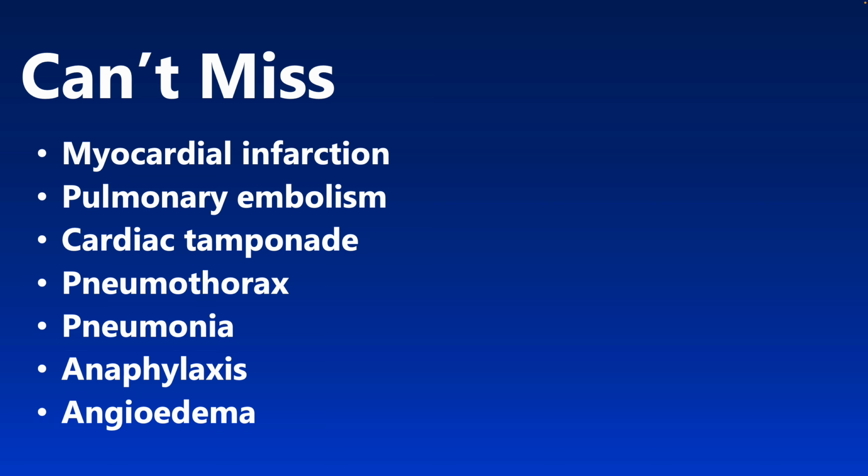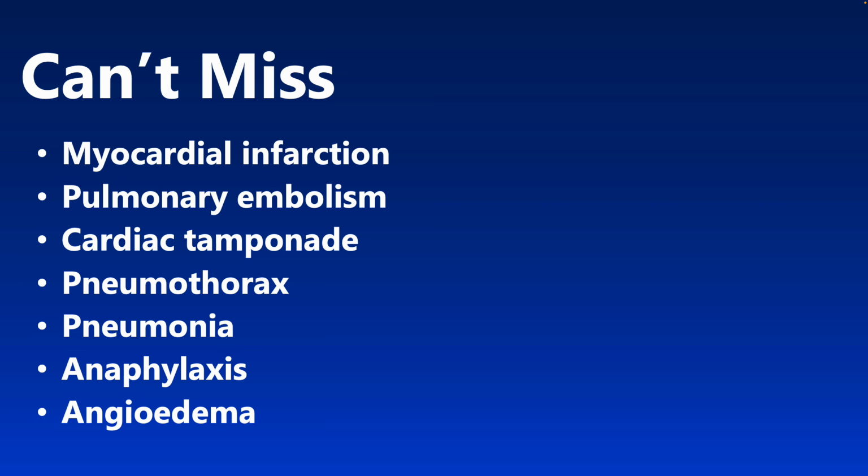So the can't miss differential diagnosis when it comes to shortness of breath, we're going to start with myocardial infarction. Of course, that is something that we need to be on the lookout for. Shortness of breath is something like an anginal equivalent for me. These patients still need workup for an MI. Pulmonary embolism, of course, cardiac tamponade. So a large pericardial effusion can absolutely cause shortness of breath. Pneumothorax, which we discussed previously, pneumonia,